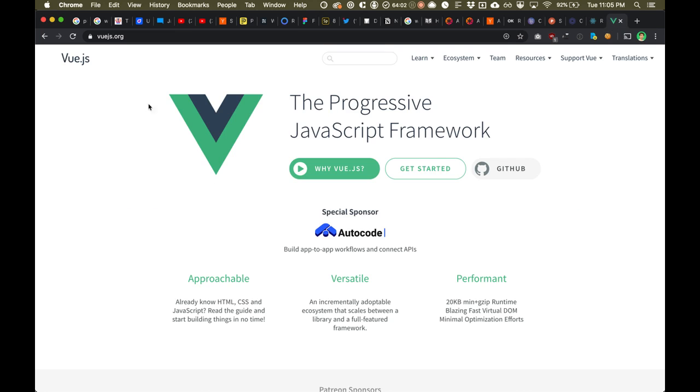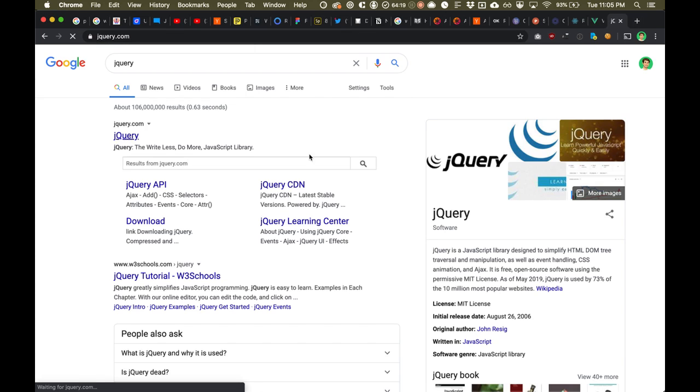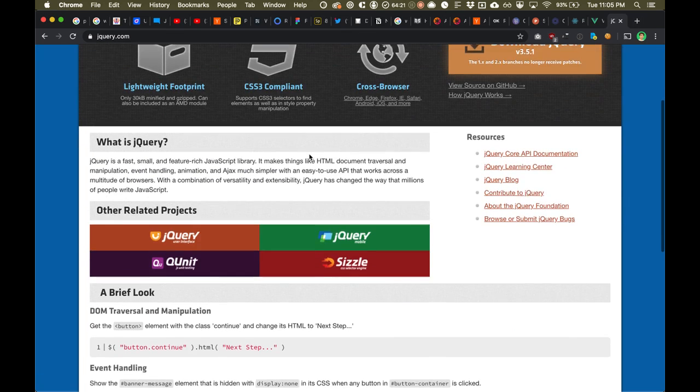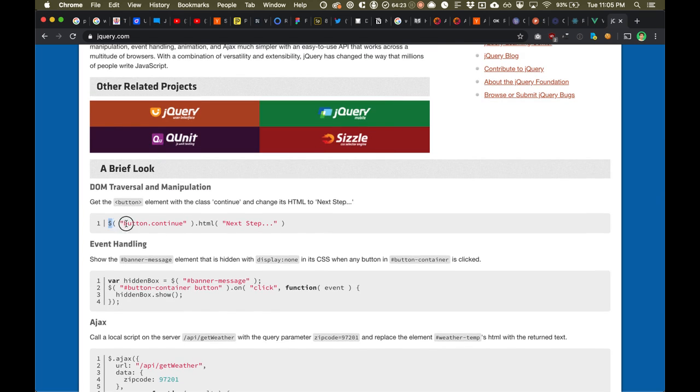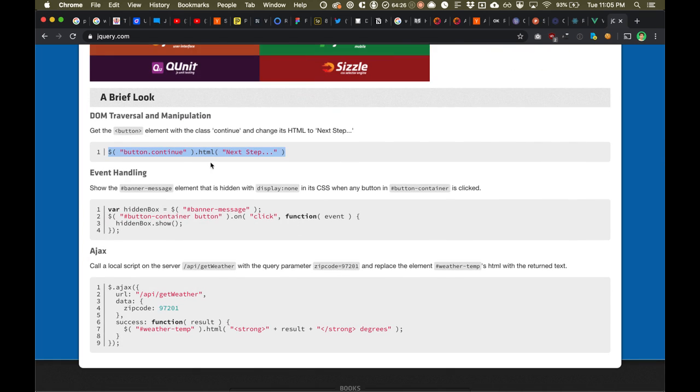I would say though, even Vue.js, don't learn it until you cover the basics of building a few products with just HTML and vanilla JS. And even jQuery. jQuery is outdated now. Not a lot of people suggest using it, but it has a great API, right? It's very, very simple the way it handles things. It's a lot easier to work with than vanilla JavaScript.